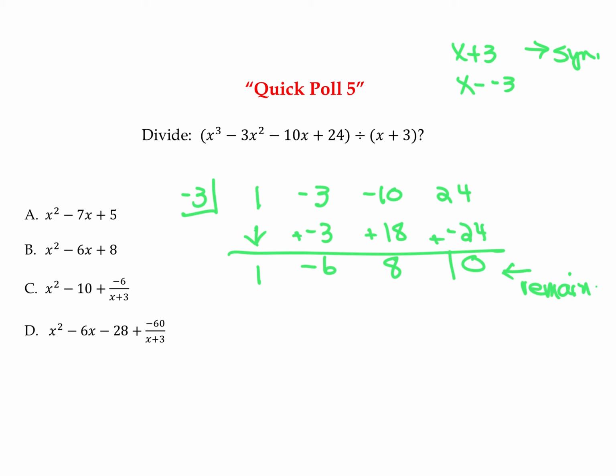All right, so what we're going to do is we're going to write our answer. Our original problem was x cubed. Therefore, the coefficient of x squared is 1. The coefficient of x to the first is negative 6. The coefficient of x to the 0, or the constant, is 8. So answer